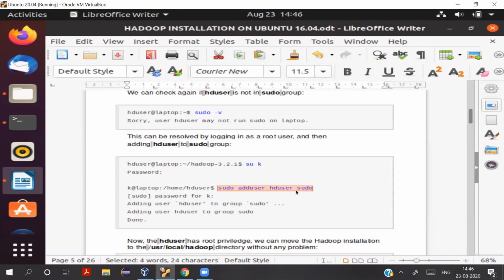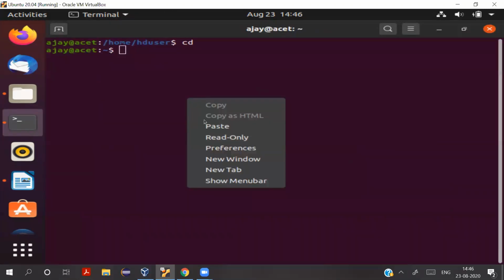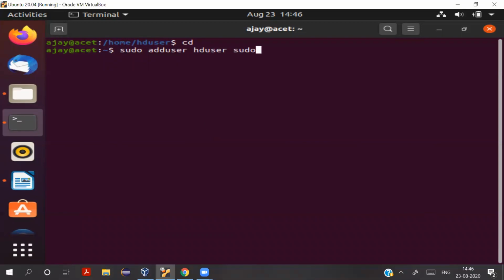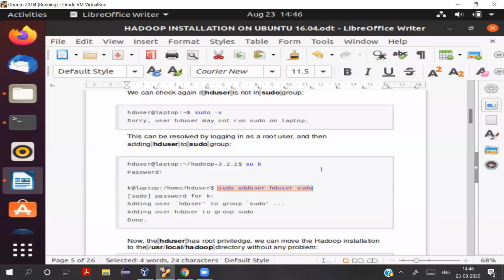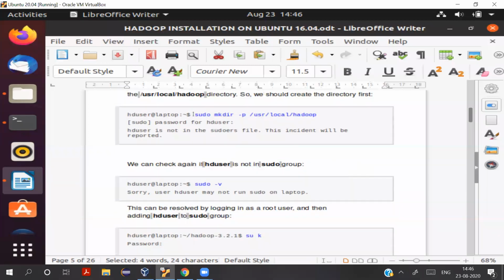So let's copy this and paste it here. So hduser has been added to the group sudo, super user do. Okay. So now we can create the folder. Just copy this command. Let's create this Hadoop folder.